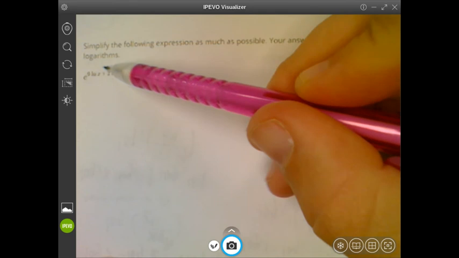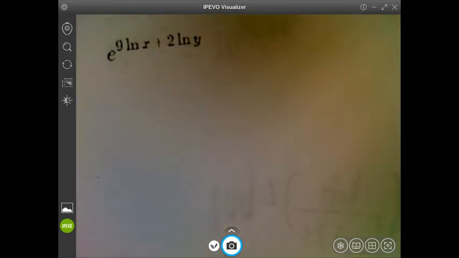Yeah, last one. Okay, so we have simplify the following expression as much as possible. Your answer should not contain any logarithms. All right, this one's kind of different because we have e to a power. I know it's super small. Let me zoom in. So we have e to a power, and that power is 9 ln of x plus 2 ln of y. And the first thing that we're going to do is we're actually going to apply a